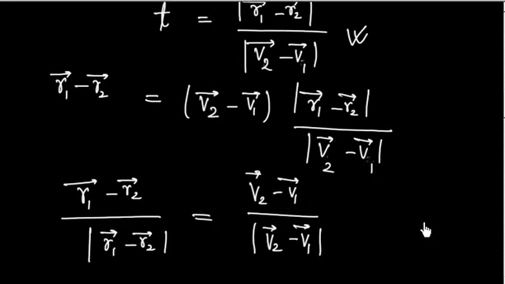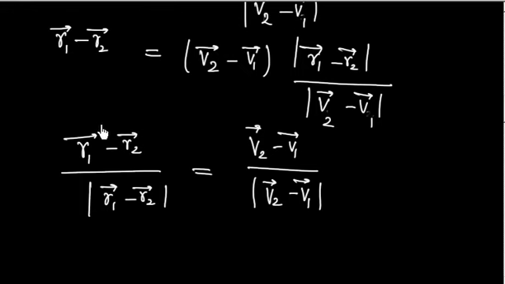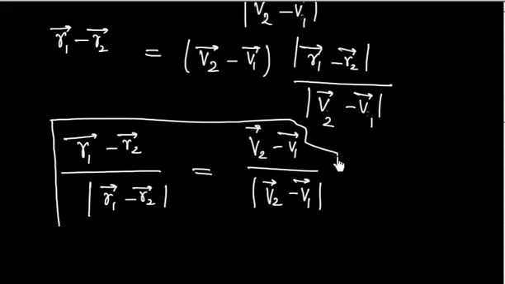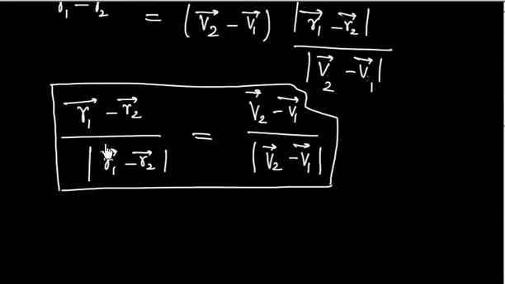These four vectors should follow this equation, and then only can they collide. This is the required condition for the two particles to collide. That is, the unit vector along the relative radius vector is the same as the unit vector in the relative velocity direction. Are you getting or not? So this is the relative velocity and this is the relative radius vector.